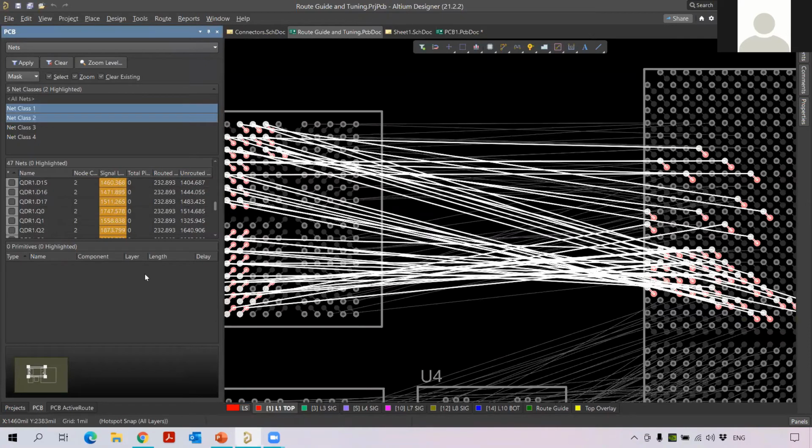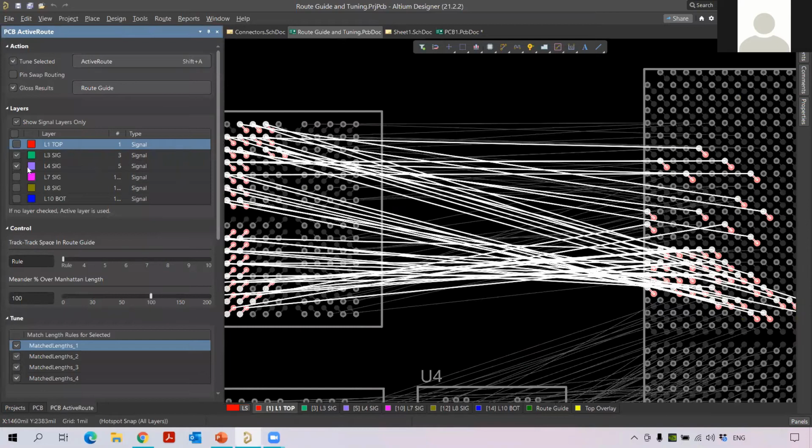To solve this, the easy method is to go for the PCB active route. Open your PCB active route panel and then you can select in which layer you want to do the routing. Since I have so many layers, this active route can work in any layer you prefer. This is the advantage, but you need to remember we cannot use vias in the PCB active routing because in high speed design, we don't prefer vias. So we just use layer 3 and layer 4 for doing that.